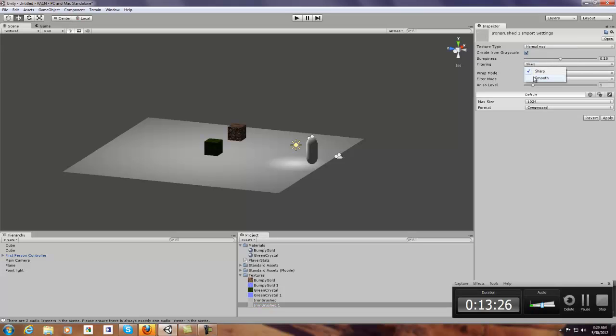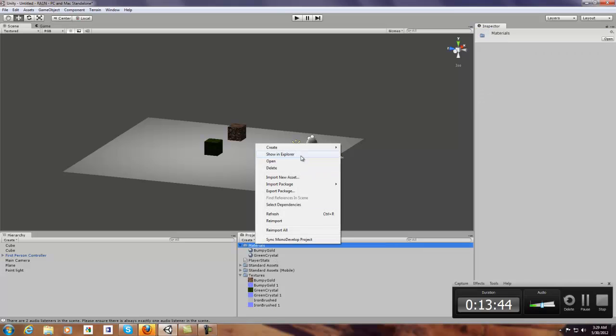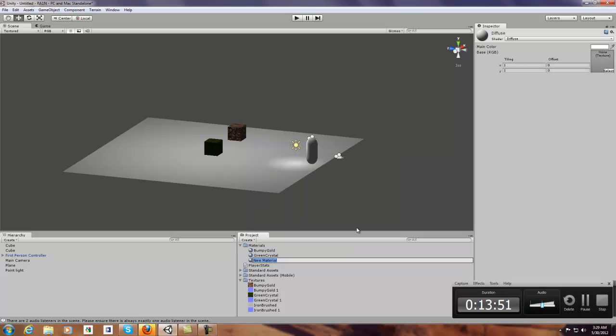This one's actually going to need to be smooth because it's supposed to be, like if you think about it in real life, if you're going to have brushed iron, then it's definitely going to be smooth. It's not going to be really bumpy, because the brushing is actually just used to smooth it out and get rid of any hardcore bumps in it. We're going to add a new material, iron brushed,